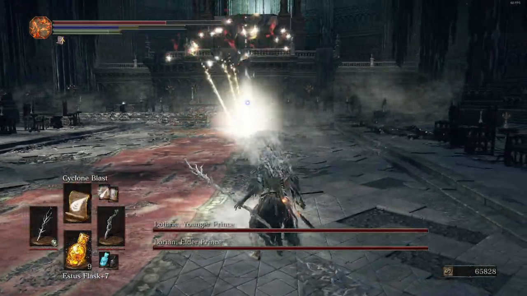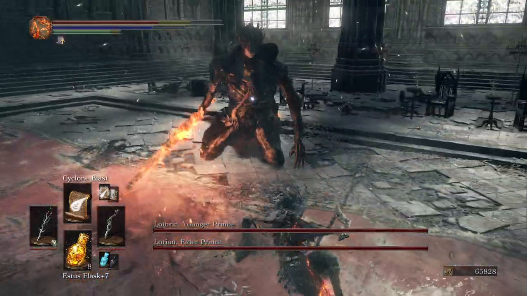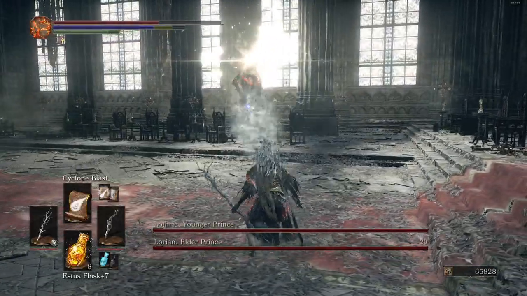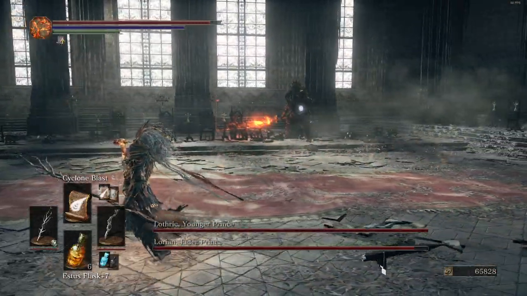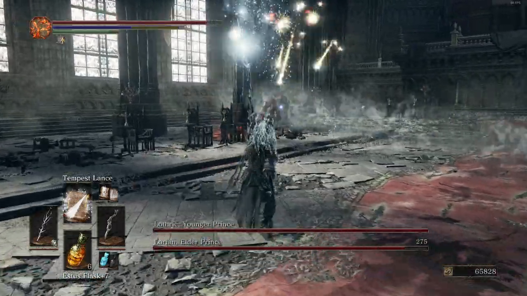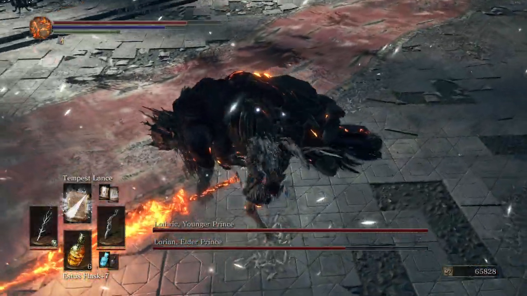So yeah, we'll try out Cyclone Blast, I guess. Oh, he does teleport. Teleport away. Oops. I suck. Yeah, so Cyclone Blast doesn't do a lot of damage to bosses, but it does poise damage, so it's easy to stagger them with. And then Tempest Lance does tons of damage, so...